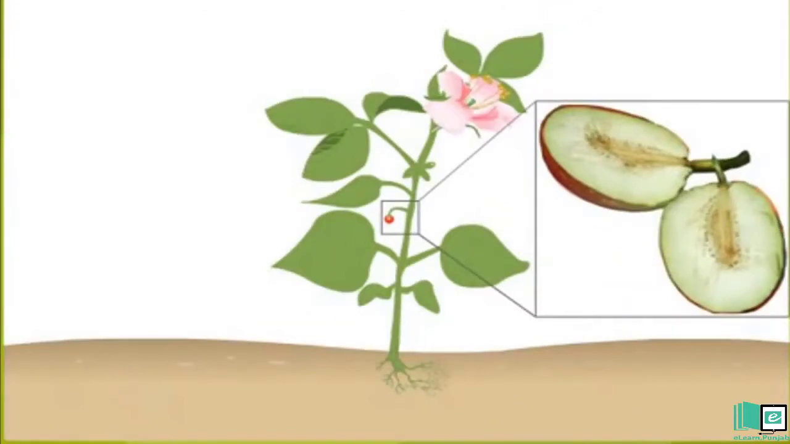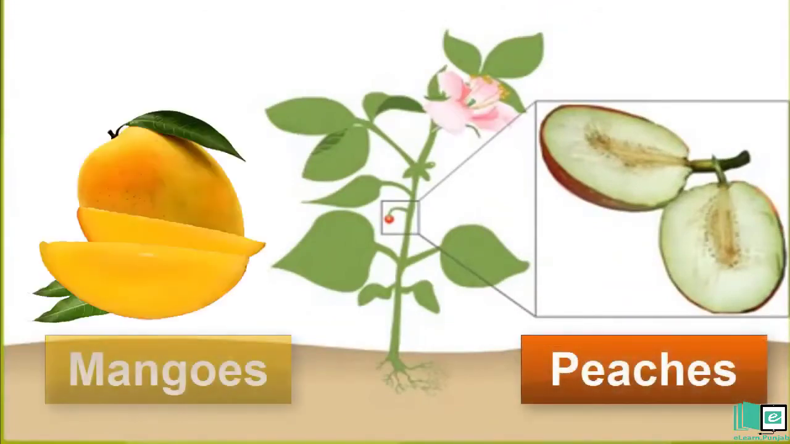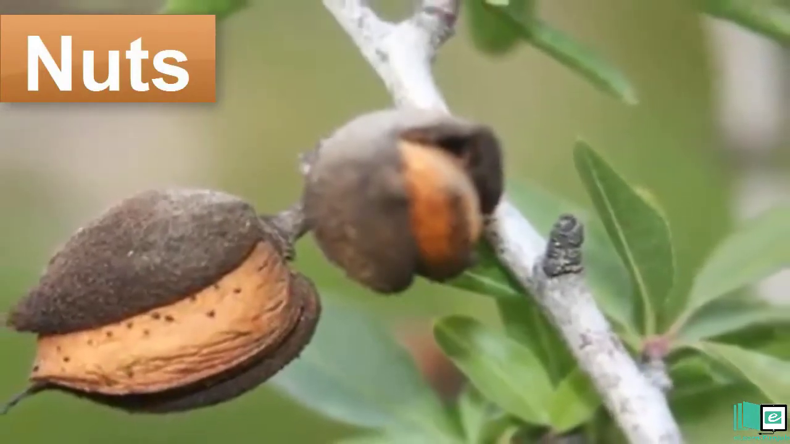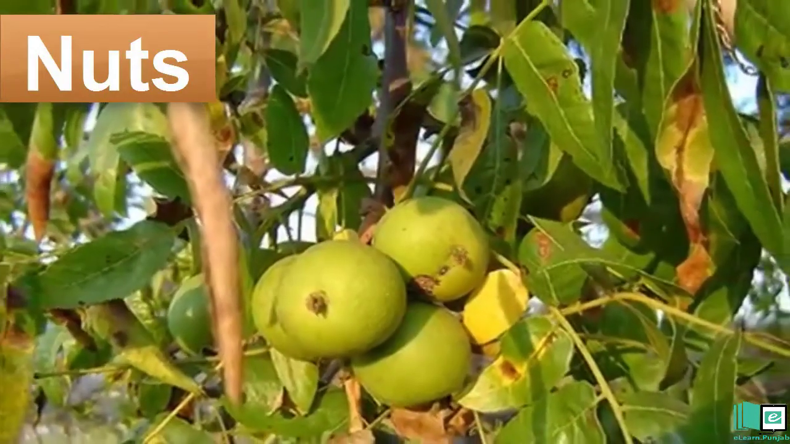The pericarp has 3 layers in most fruits like peaches and mangoes. The outer layer is skin, the middle layer is fleshy and the inner layer is tough or hard. Some fruits have hard and dry pericarp, for example nuts,